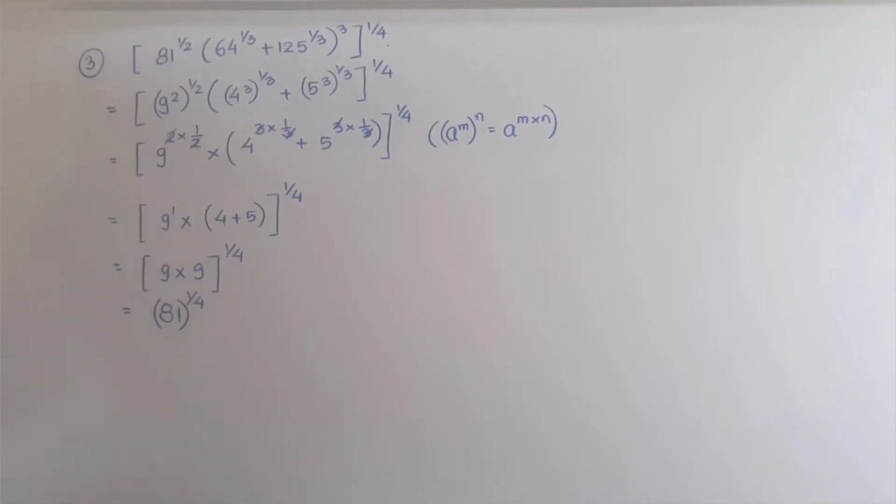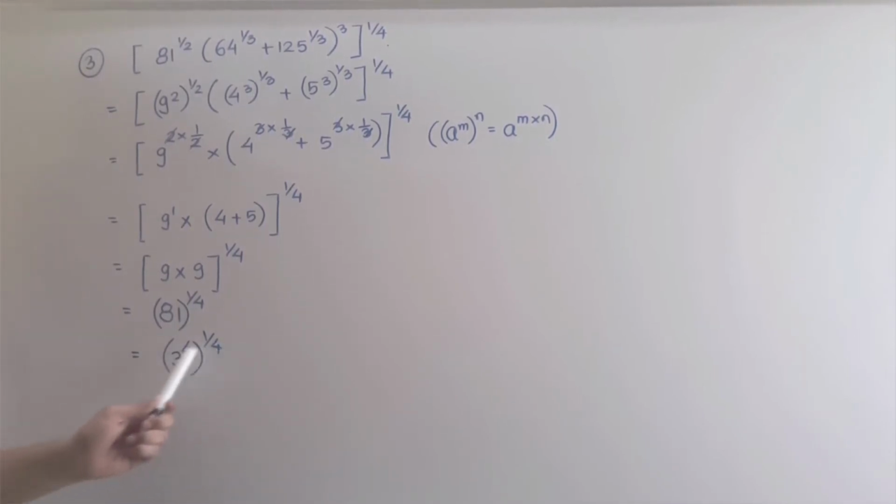So now the matter comes, again we need to write down 81 either as a prime factor of 3, or we can write down as a factor of 9. Okay, actually 9 is not a prime factor, but we can write it as a factor of 9. But you observe, if 81 I write down as 3 to the power 4, then you see 4 and this 1 upon 4 will be cancelled each other. So I will continue here writing 81 as 3 to the power 4. You select the factors in such a way that would be convenient according to the whole power given to you.